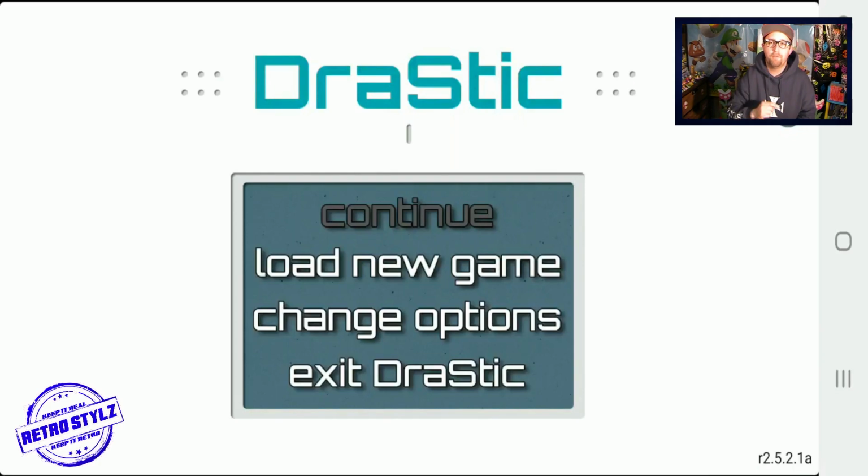Alright, I'm going to give you guys a rundown of the Drastic DS Emulator. Very awesome. Today what I'm going to be playing with also, if you guys can see right here, the 8-bit